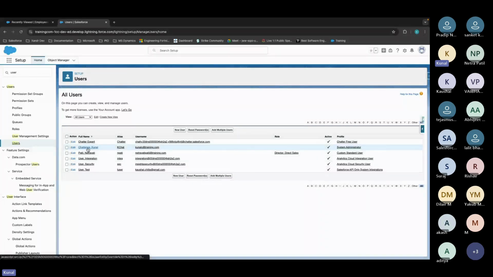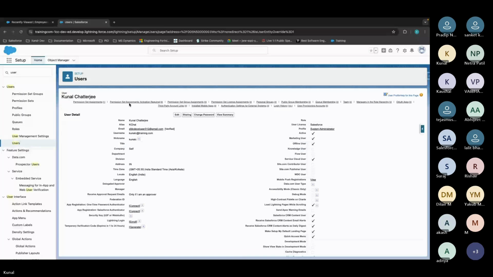The purpose of having users and profiles is that I want to control access, right? What I want to show, to which user I want to show. I can show a few record types, I cannot show a few record types, right? If I don't add that record type to a profile, as we just saw, that user will not even be able to see those records or create those records, right? So now, what happens in this scenario is,